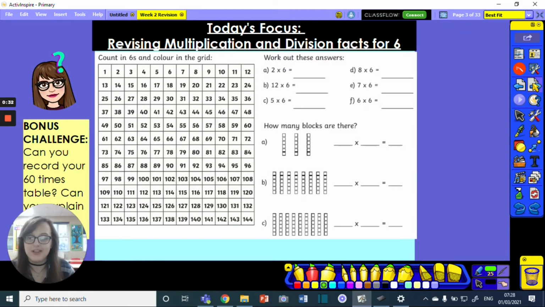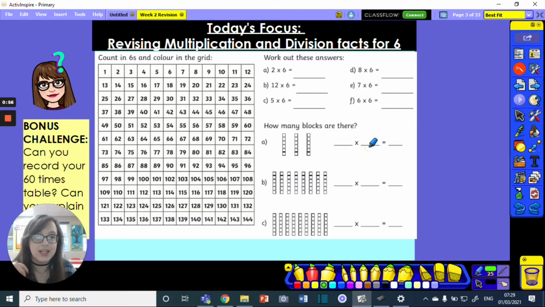Here we go. So today's lesson we're going to be doing some revision on multiplying and dividing by 6. One of the things I noticed when you did your fraction quiz at the end of last week is that some of our multiplication and divisions are still a little bit wobbly. If we want to be on the same page when we all come back to school in just a week's time, this is really going to help us to get there. So we're going to do some revision this week on our major times tables.